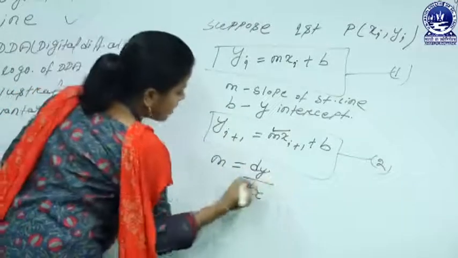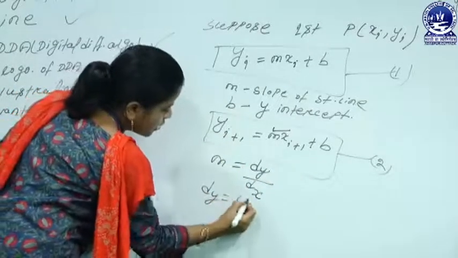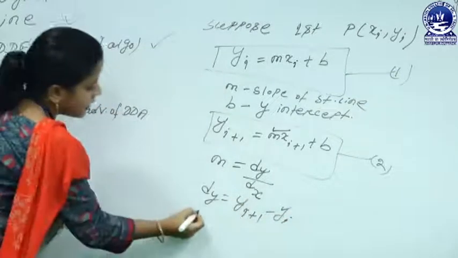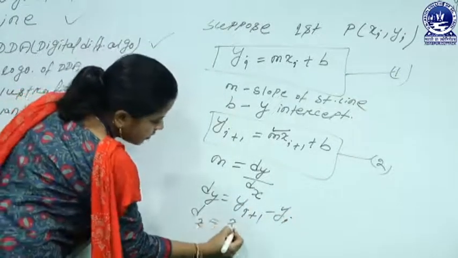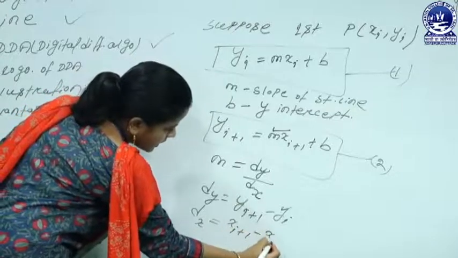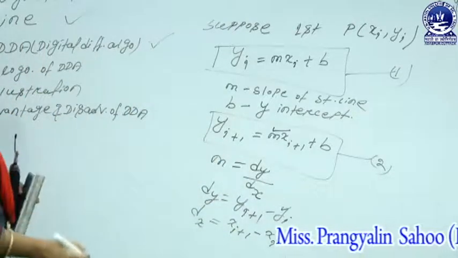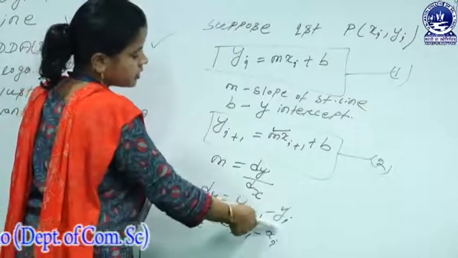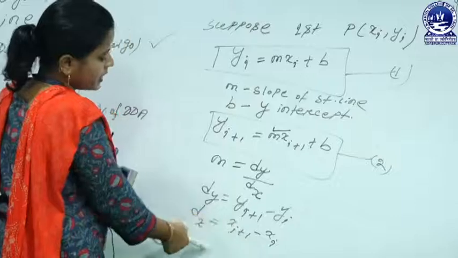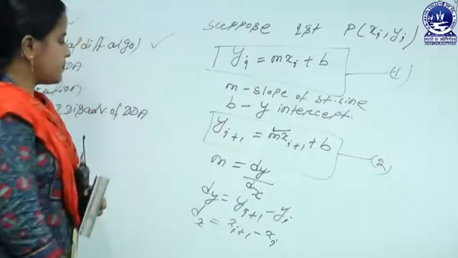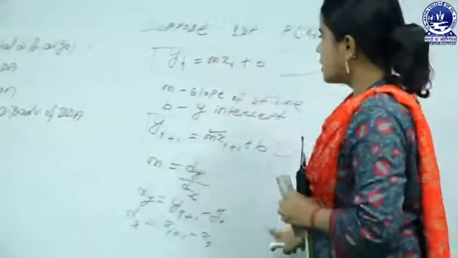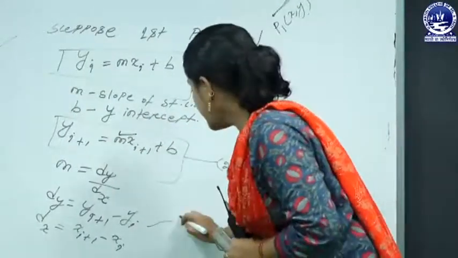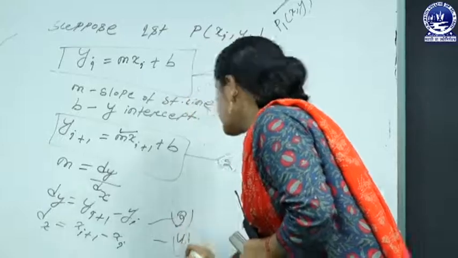That means here dy equal to y of i plus 1 minus y of i and dx equal to x of i plus 1 minus x of i. That means here the second coordinate of the y-th value is to be differentiated with the first coordinate y-th value, similarly in case of x coordinates. Okay. After that, if we have to put the slope value in case of equation 3 and equation 4, it generates that is